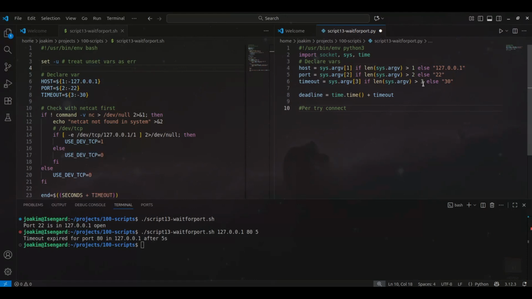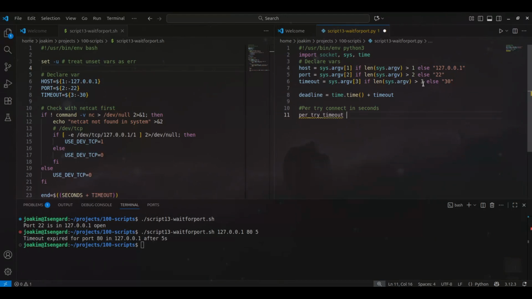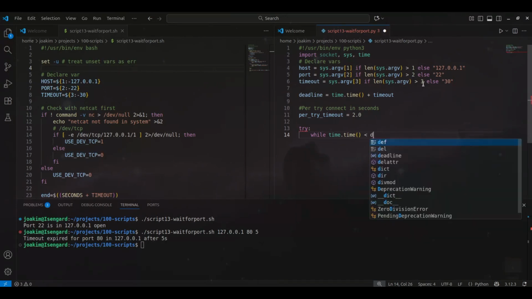Part try connect timeout in seconds. So we're going to put in a variable here, so it'll wait 2 seconds, and we'll use a try statement. Then while time is less than deadline,